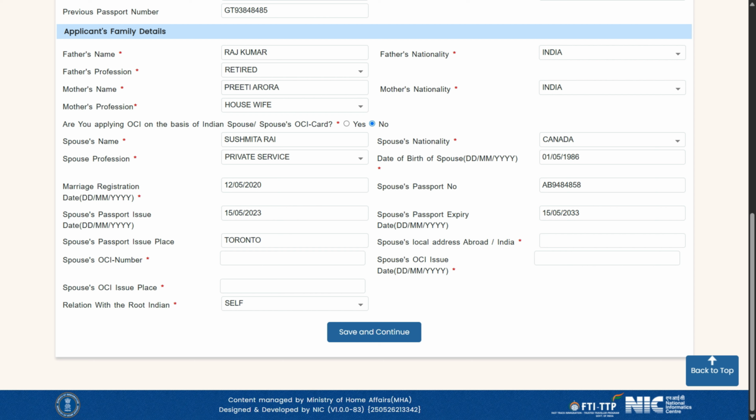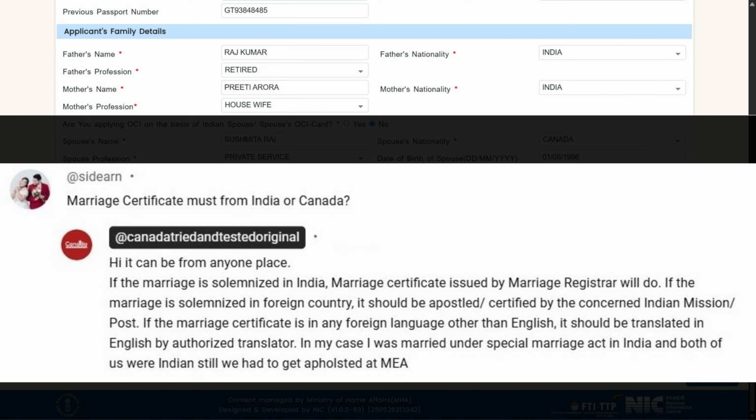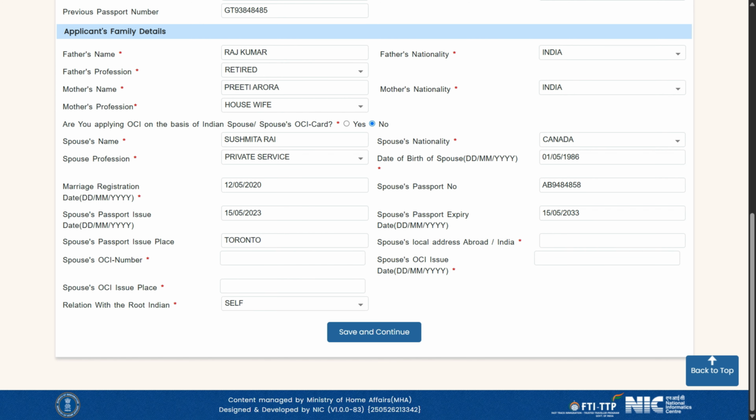Once you choose that, date of birth from the passport of the spouse, which would go as an additional document attachment. Then marriage registration, again the date in this format. The marriage certificate will go as the document, so make sure it matches with the marriage certificate date. And then spouse passport number, which is a mandatory requirement, the service provider will ask. If you have a reason not to have the spouse's passport, you will have to speak to the service agency if there is an option to do without this. In all probability, you will be asked to provide the spouse passport, which is a mandatory requirement as per the checklist,